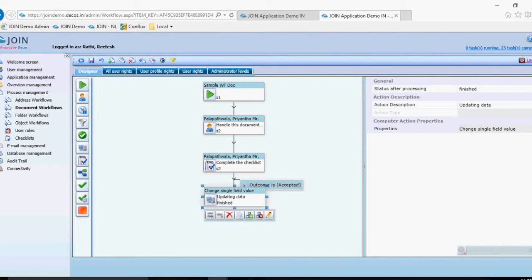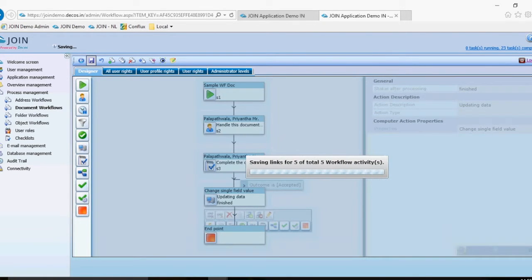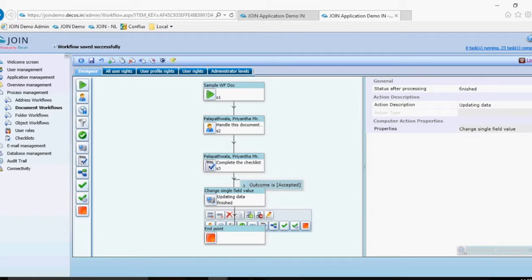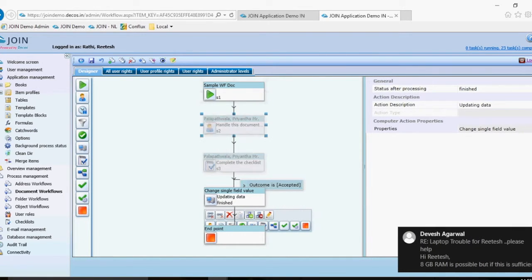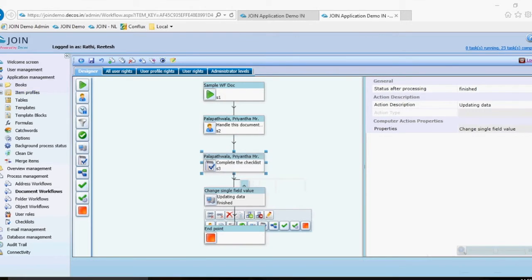Once this is done, I would like to end the workflow. So I'll say new again, and I'll select this endpoint. Okay, so this is just a sample workflow. I'll save this workflow, right? Now once the workflow is saved, I need to link this workflow to a book. So for that, what I'll do is I'll